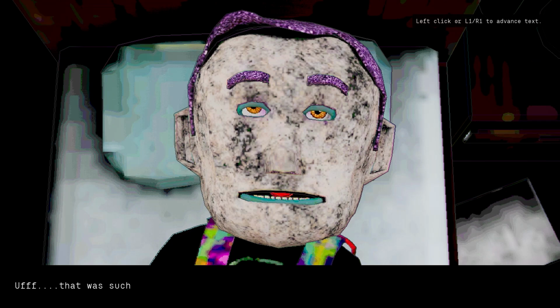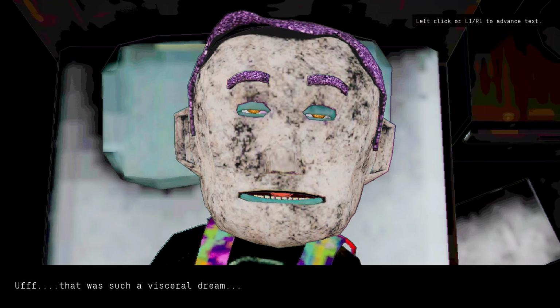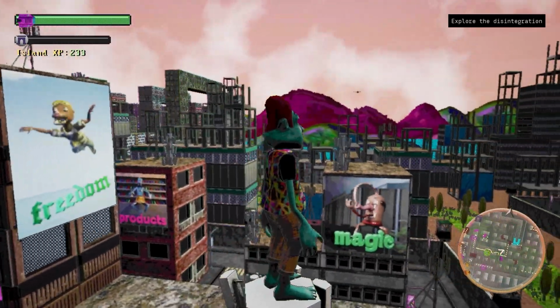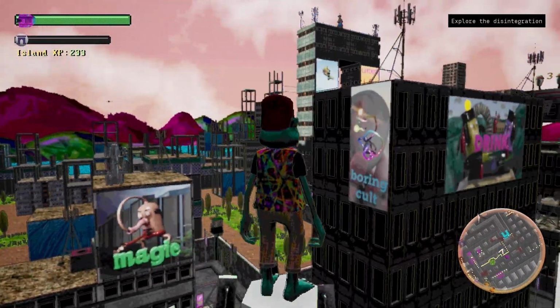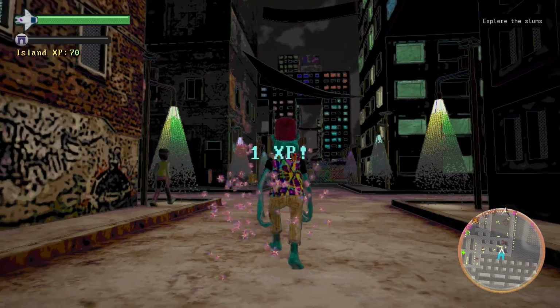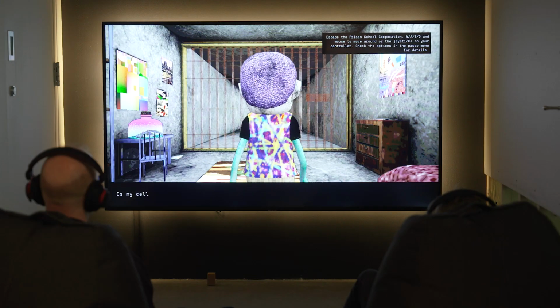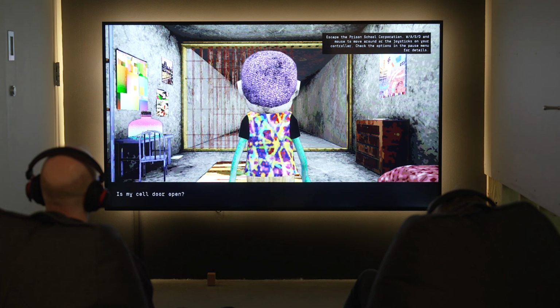You are this character named Z-Axis, and Z just means Z, like in how they say Canada or the UK, and then axis, the axis point, right? So in a 3D program, you have an X, Y, and Z, and he's the third axis, just because I'm using 3D software. Anyway, he wakes up in this prison cell, but it's not really clear if it's a prison cell or a college dormitory, or a psych ward, or where the hell he is. And he discovers that his cell door is just open and he can leave,